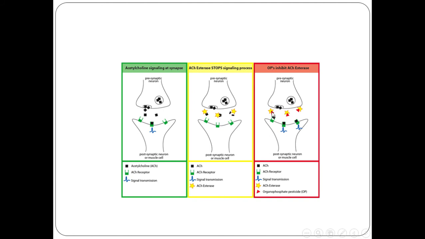Okay, so the cholinesterase enzyme in the form of a yellow star that normally cleaves acetylcholine, in the form of these black squares, will be inhibited by organophosphate. Please note that at first, the combination of organophosphate with cholinesterase is reversible. That means that it can leave it,